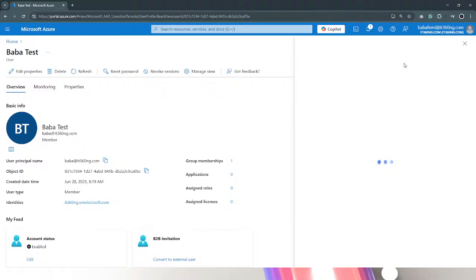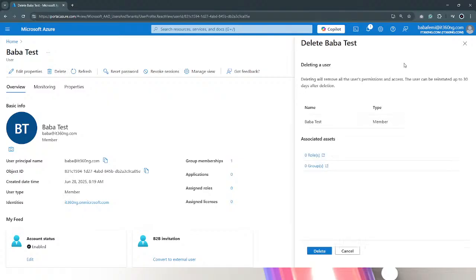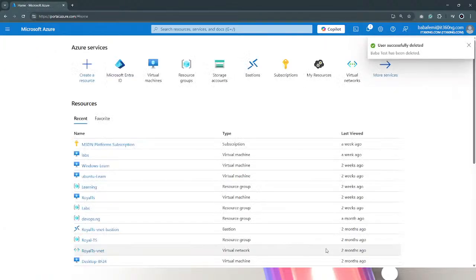So, but there are certain rules for certain things. For you to be able to do this, at least you need user administrator or the global admin, or any other custom roles that give you access to be able to do it. I've deleted that particular user, and